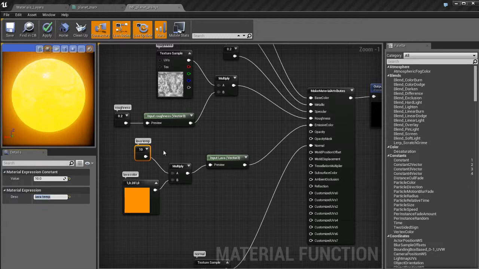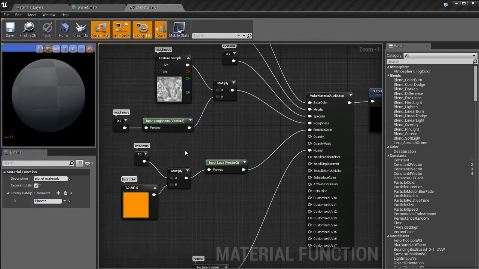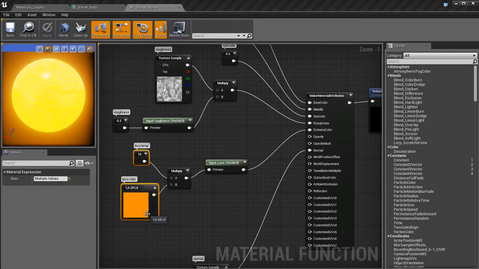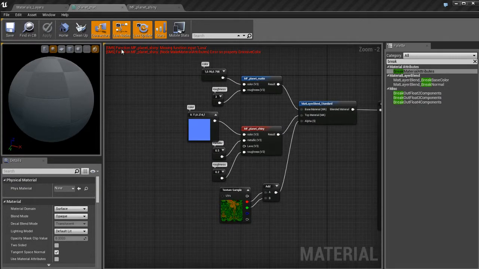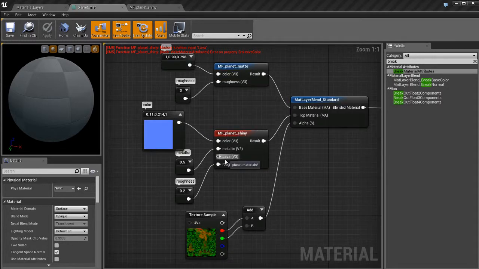And I'm going to call this one lava temp or lava temperature. So this is going to control the strength for the temperature of the lava. And I think a default of 10 will work out pretty well. So I'll apply the changes, I'll come back, and you're going to notice that I get an error message on